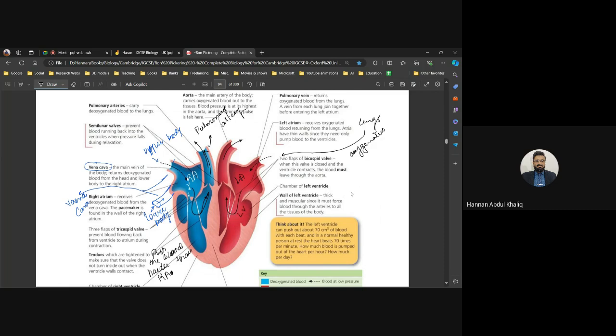The left ventricle has the thickest wall in the heart. And why is that? Because it has to push the blood with a lot of pressure